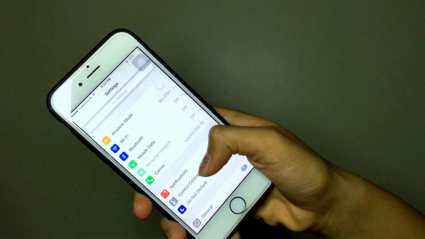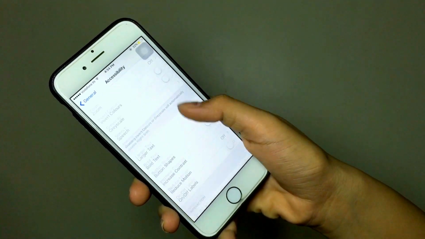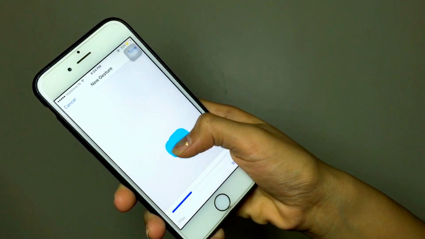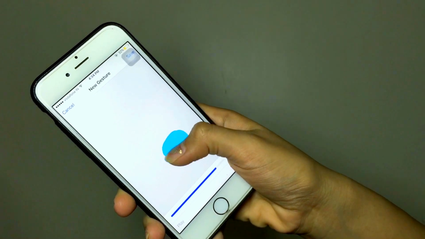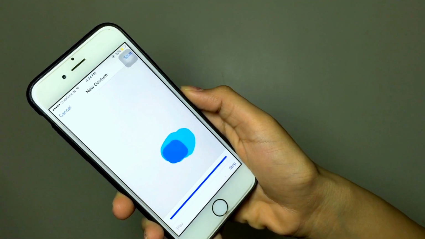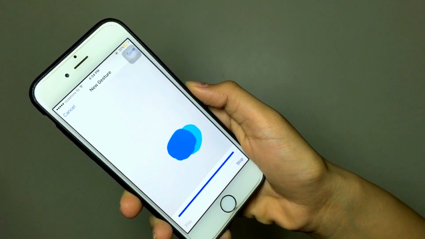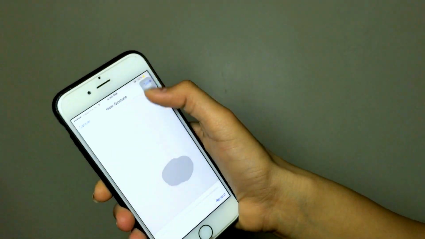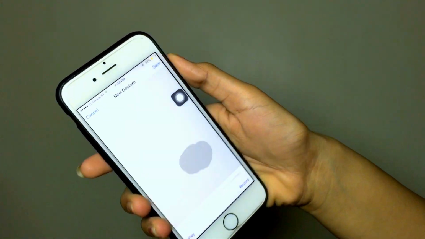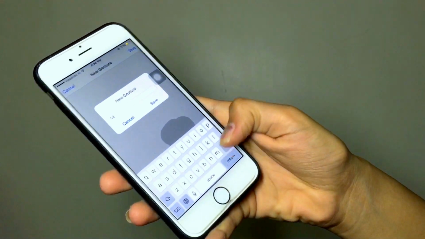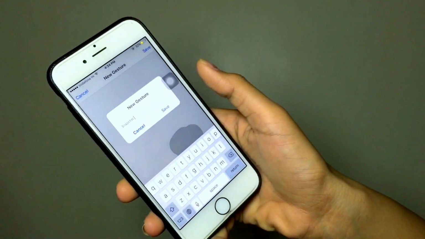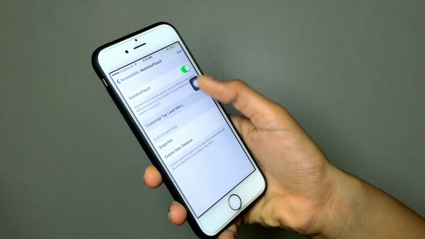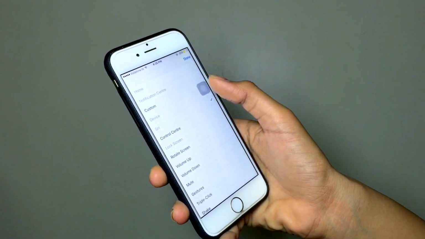Alright guys, so go to Settings, go to General, Accessibility, and then go to Assistive Touch. Select Create a New Gesture and form a circle kind of gesture, as close to a circle as possible, until it says stop. Then it's going to trace your circle, and after it does that, go to Save and save your gesture. Once you're done with that, name your gesture, for example Snapchat. Also make sure that your Assistive Touch feature has the custom icon on it. You can do that by selecting the custom icon right there.